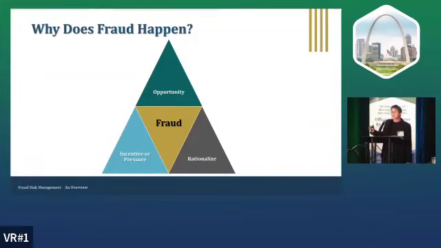So when you go from opportunity, then you go to the next step, and it's called incentive or pressure. And that normally means I either have a financial pressure, I need money, or I have unrealistic goals. You find that more in corruption or financial statement fraud. I'm trying to make shareholder earnings. I'm trying to meet the number of households assisted, so I fudge my numbers. That would be more incentive. It could be bonuses. I need to meet a number to get my bonus.